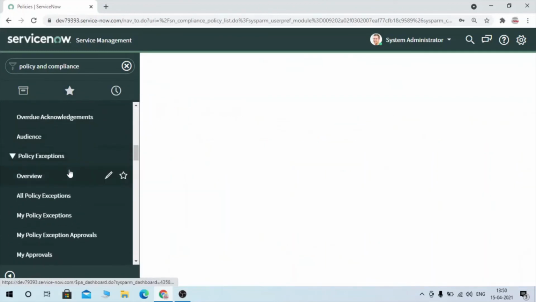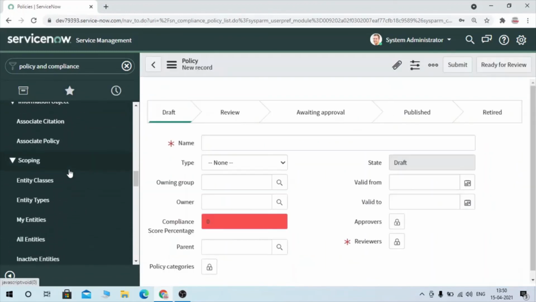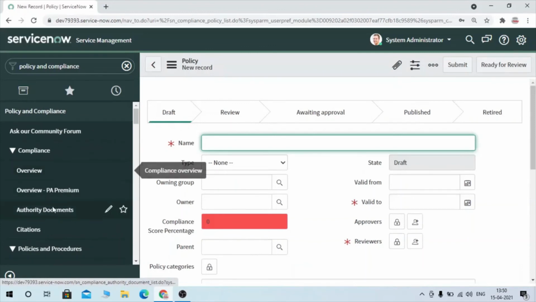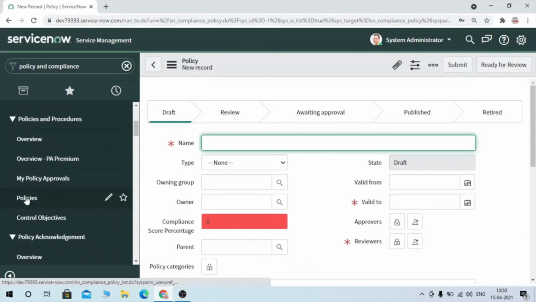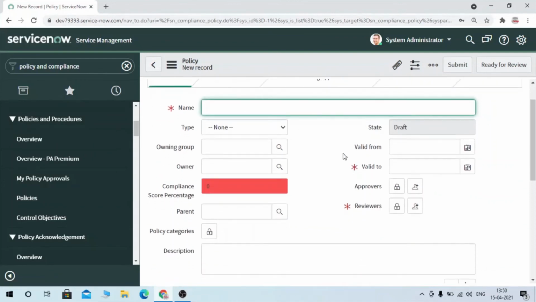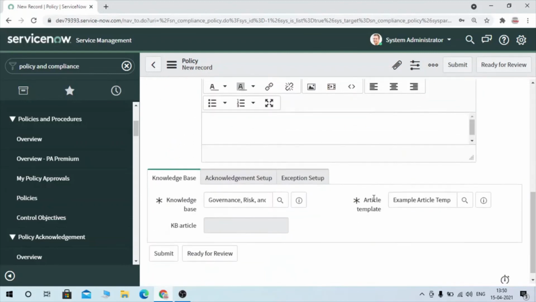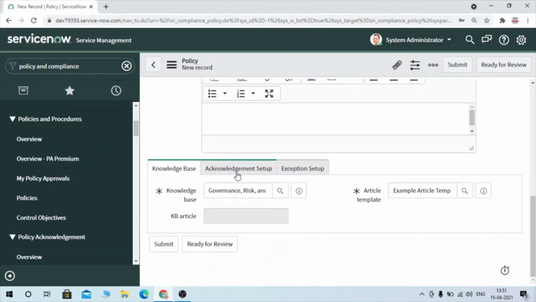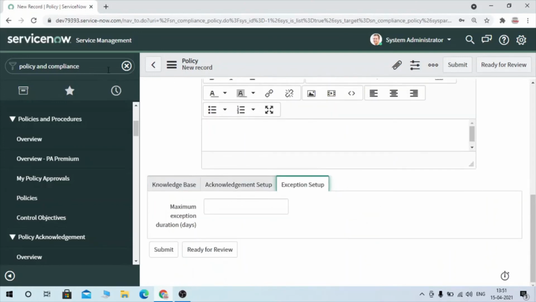From policies, under policy and procedure, you can create a new policy. In an upcoming session we'll create a new policy, and I'll explain all the fields, what they do and how we fill them in. So let's understand policy and compliance.